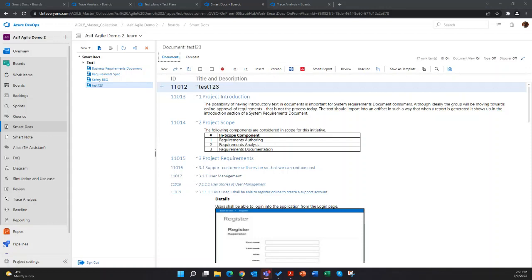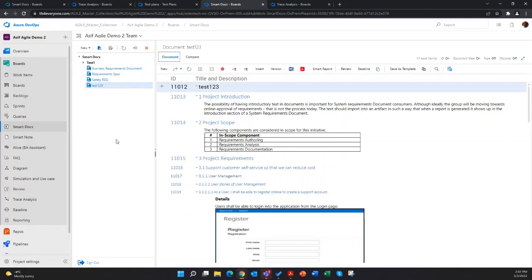The next question is, if you have external stakeholders when reviewing, do they need to have access to Azure DevOps? So external users do need to have access to Azure DevOps because the review is an authenticated feedback. So we need to make sure that these people have access to the information, and when they provide feedback or approval, we need to make sure that they are the ones providing the approval. So authentication and rights and security is paramount.